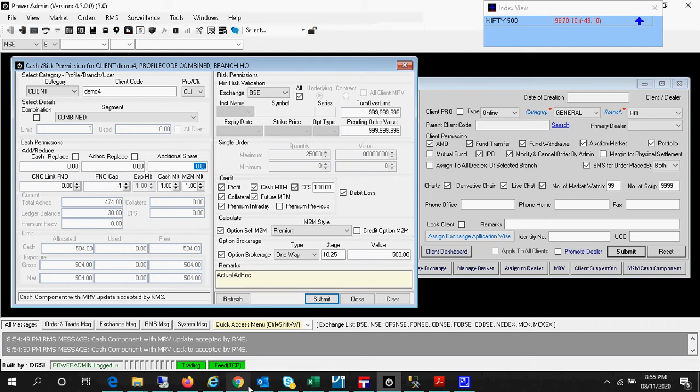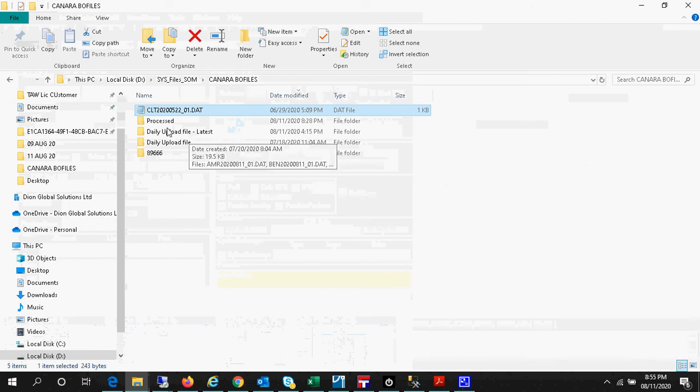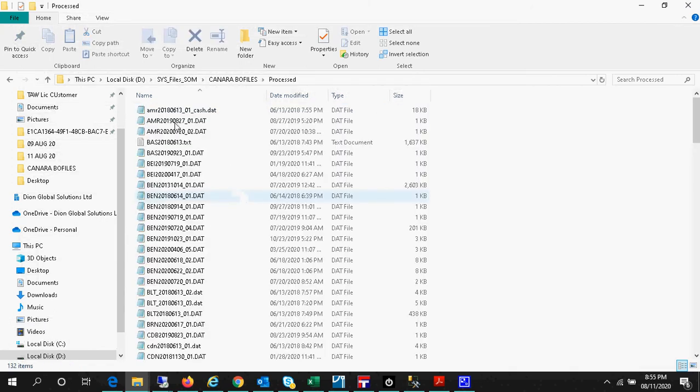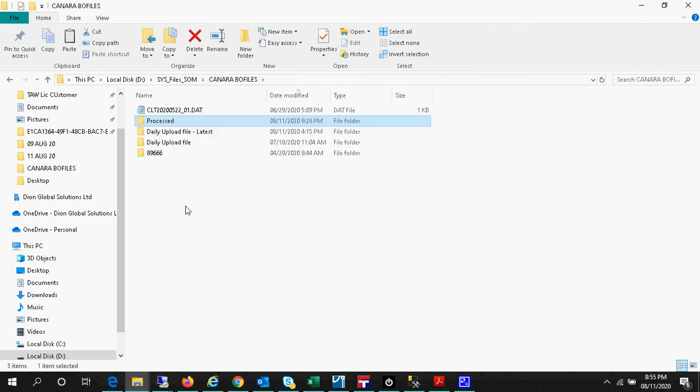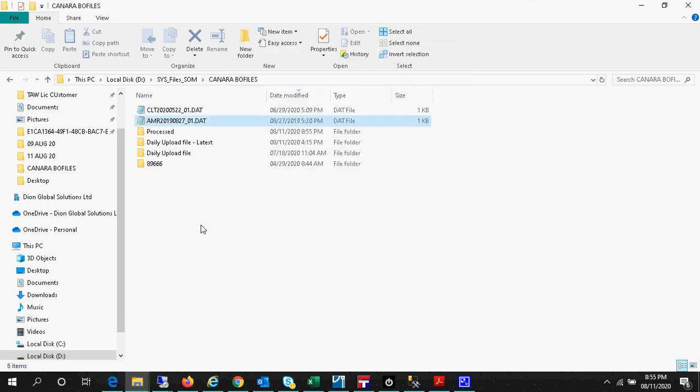The same cash can be given to the client through file upload also, which is an AMR file. This AMR file is created by the user through back office.